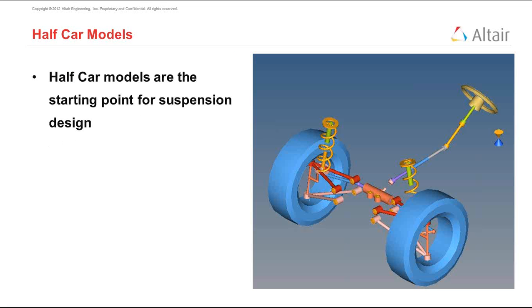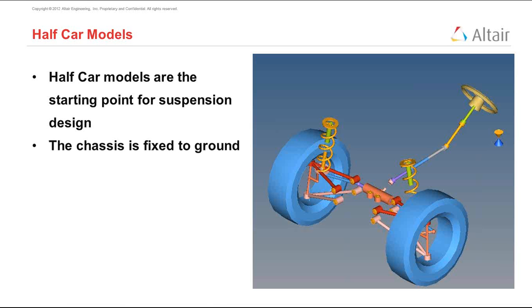So let's start talking about half-car models. What you see on your right here is a half-car model. It is the front half, clearly, because we have a steering there. And they're usually the starting point of suspension design. So we pick up half the car, the front or the rear, isolate it, and start doing analysis on it. The key factor here is that the chassis is fixed to the ground,